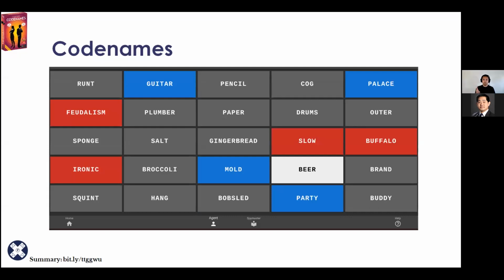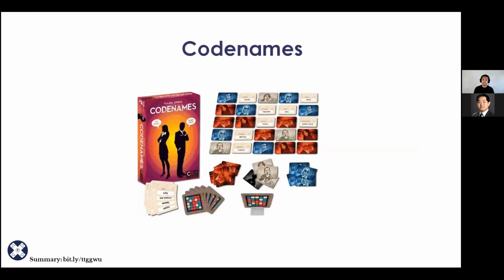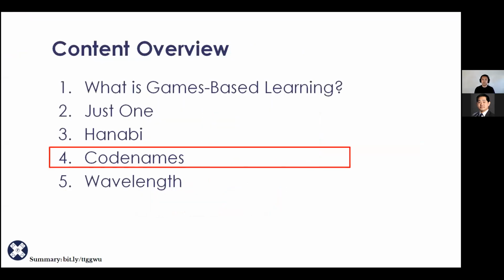They'll see which cards are on the board, which cards have already been identified for the blue team and the red team, and then the white cards happen to be active bystanders. All right, so that is Codenames. Again, one of the oldest games that I've used for teaching and learning, one of my favorites, and many, many different options for you to play it online.